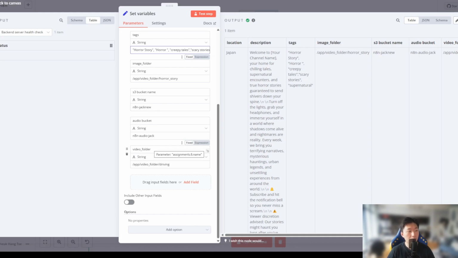For the video folder, this is for the second and third approach. So if you are doing a video slideshow or video clips, then you will have to download or scrape some video clips, right? And make sure, same as the image folder, you put it under the GetAWDL folder or any folder you like, and then make sure you mount it to Docker Desktop. Then our video editor will go to that folder, find the clips or resources or materials that you have, and then put it into the video content.